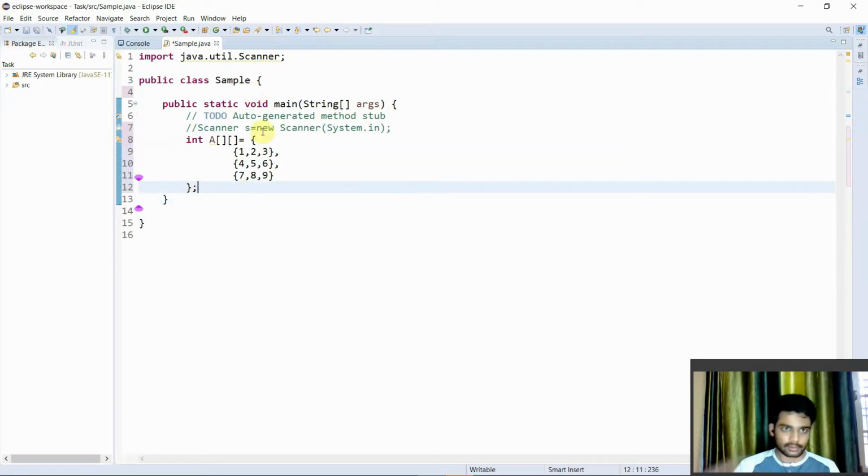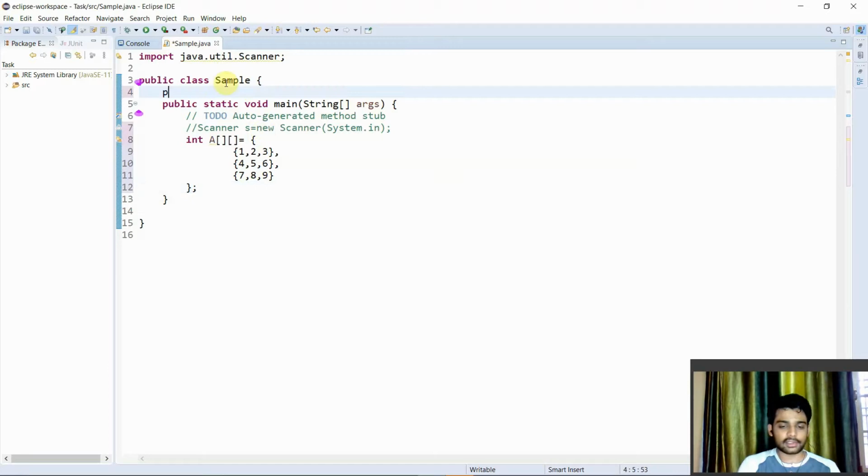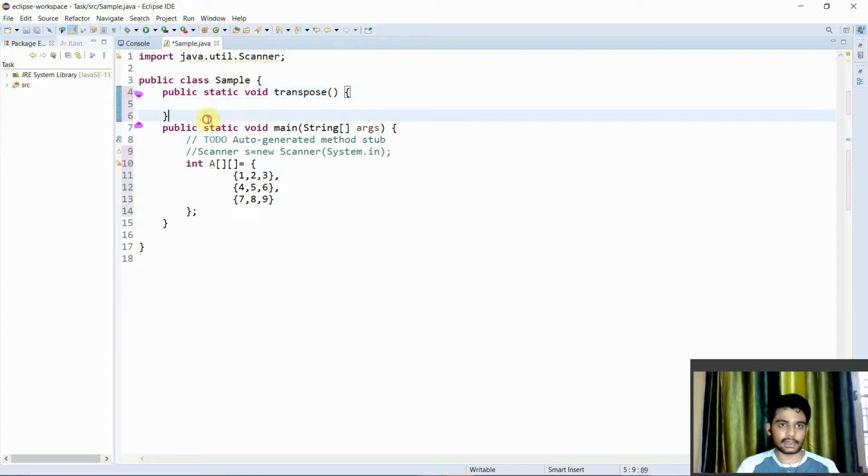First, we'll define a function for performing our operations. I'll call it public static void transpose. I named my function transpose for transposing my matrix, and I'll pass the array as a parameter here.